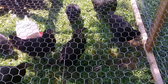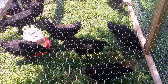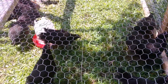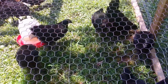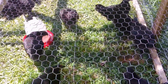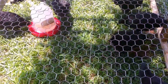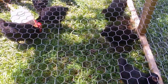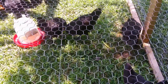Now, like I told you before, the name of the game is going to be to continue to raise them this way. And what's going to happen is that during the fall, I'll begin to slaughter them, being that I don't have to slaughter them all at once, and keep at least a dozen of them on hand for egg production, so that throughout the wintertime I can continue to feed them as organically as possible, feeding them food scraps and getting the necessary egg production, and then going into the spring, put those eggs in the incubator and then hatch out at least 50 to 100 of those birds, and then start the same process all over again,